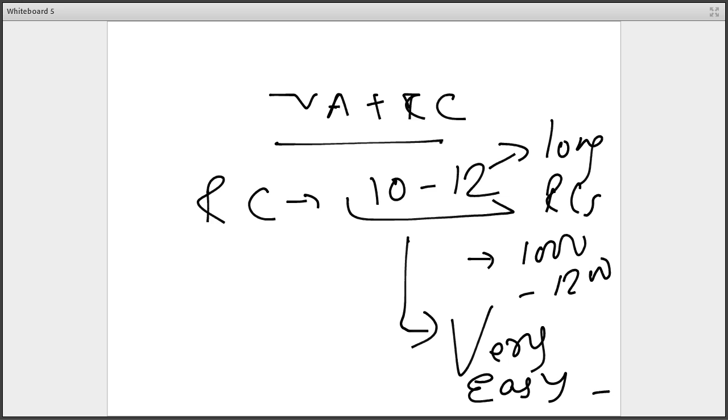So this is the overall level of the VA plus RC. The level of questions of sentence correction, para jumbles, word usage, etc. is going to be, say, just 70 to 80% of what you get in a CAT exam. But when it comes to RC, it's a very different kind of story, because usually in CAT you will have short passages and more inference based questions. In IIFT you will have lengthy passages and more direct questions. The only thing is, can you overcome the fear of a lengthy passage, which I strongly suggest you overcome